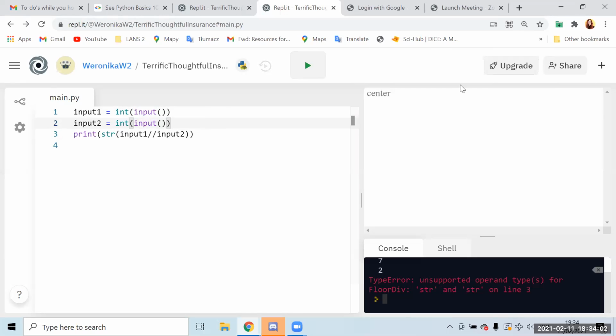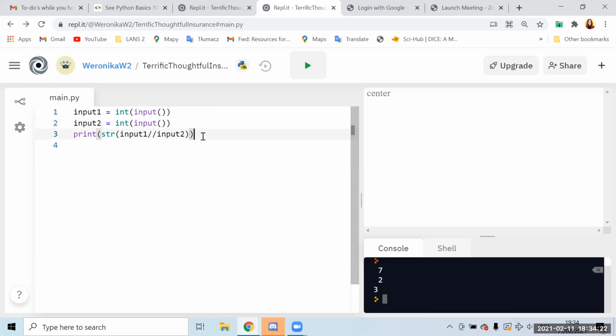And let's try it. So the first was 7, second was 2. Okay, and it's 3. So then Python understands that what we have actually inputted is a number. So if you want to ask for any numbers with an input, you need to use it like that. A very good question. Absolutely, 10 points for you.